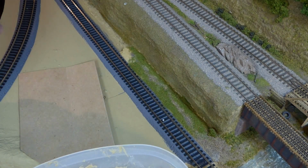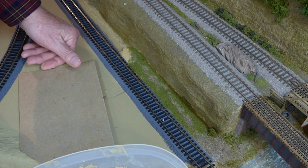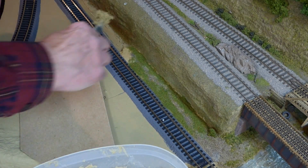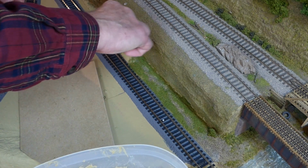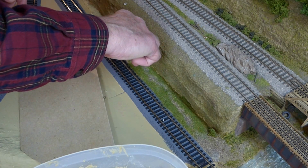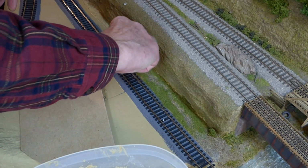If you have little rocks that you want to put in, you can put them right into the goop and the goop will hold it. Or if you have branches of trees that you want to put in, you can do that too. And that's pretty much how I use my goop. I've done a number of other things with it, and besides just the thin layer, I have made many berms with this because you can make small contours. This will dry if it's 3/4 of an inch thick or so. Dries really quick overnight,